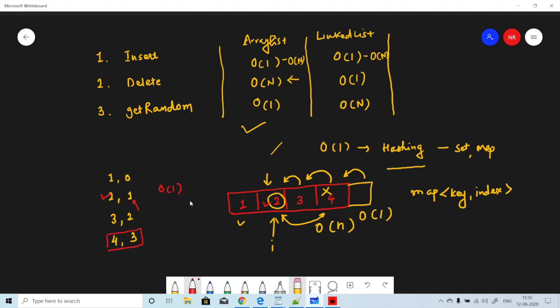So I get the last element 4, and I swap it with the 2 here, 4 and 1. The same I will swap in the array list also, and then I will delete this node. In the same way I will delete this entry from the map. All these operations are of constant time.